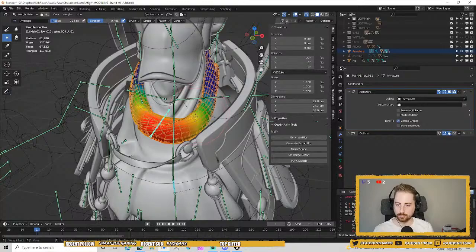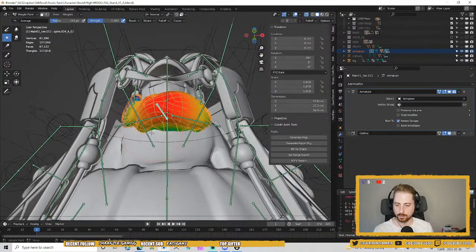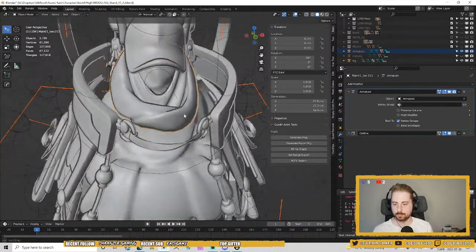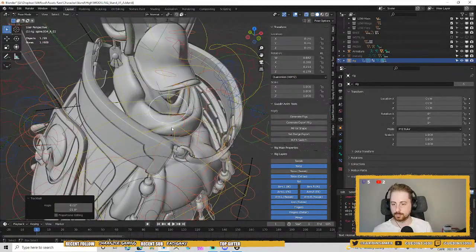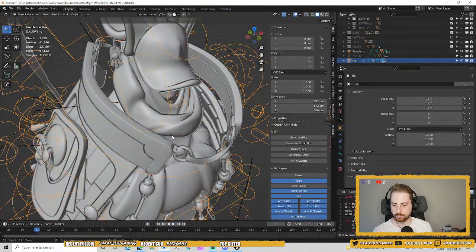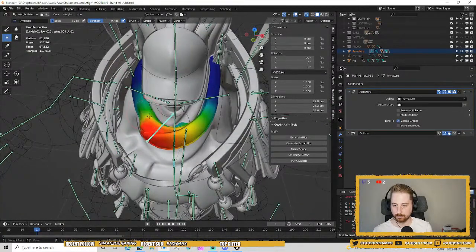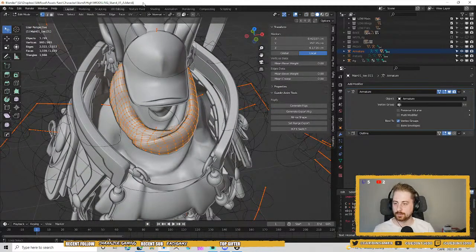Display wire would help. And I think we're good. Well, I could smooth a little bit more here. What I could do also is a big